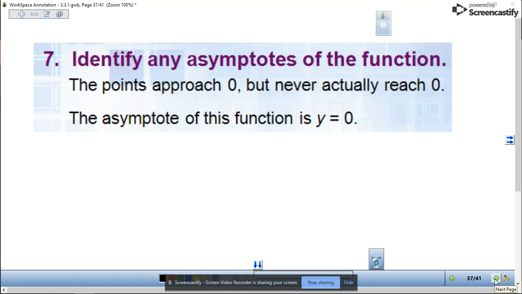Okay. All right. The asymptote is what it's approaching. Again,